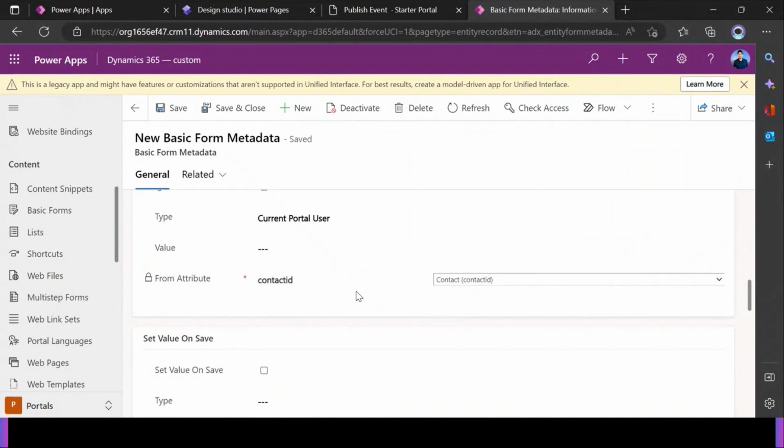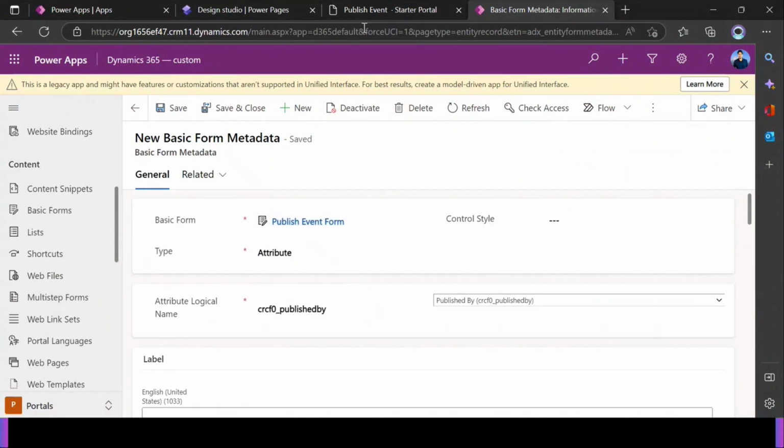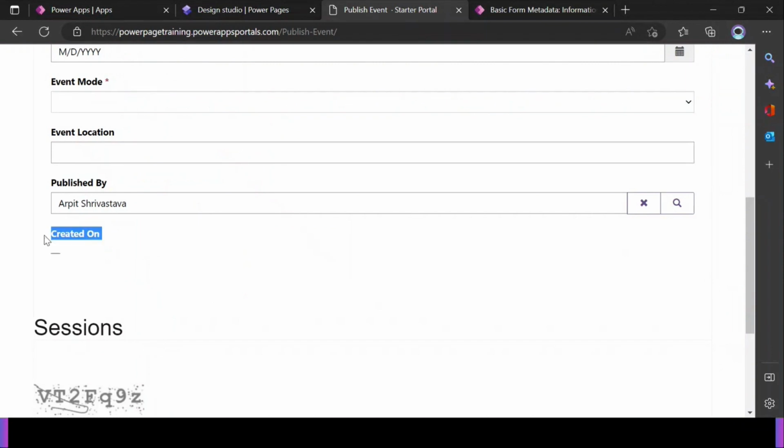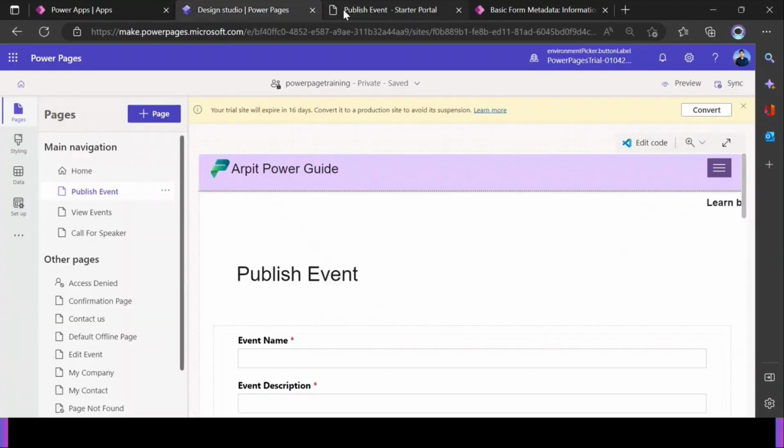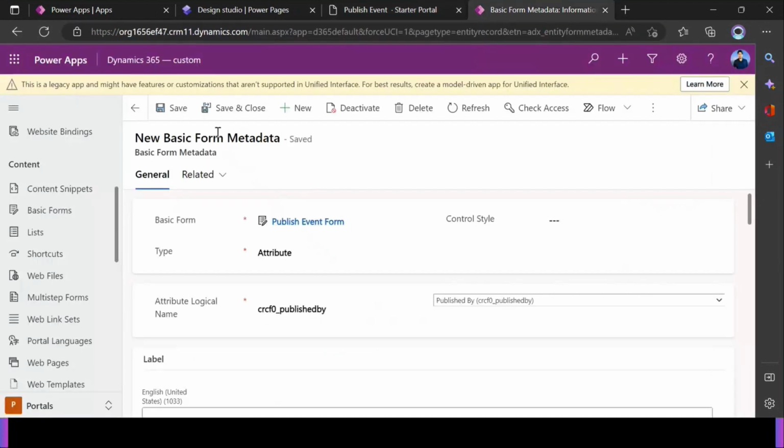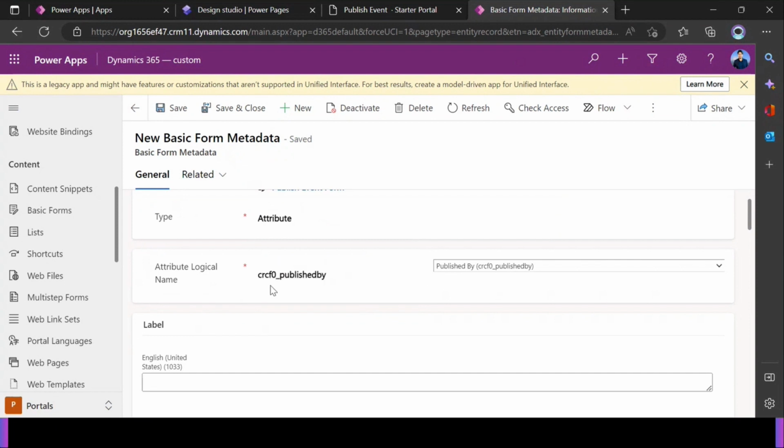So whatever information you already have stored in your Dataverse related to the logged in contact, you can auto populate that only. Now what I want to do is for another field that is called created on, I want to auto populate today's date. So I need to create another form metadata because this form metadata is only to